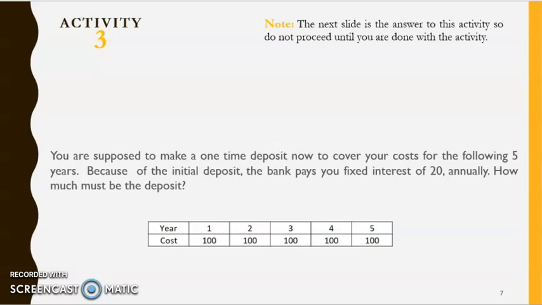For this question, again, there is no income like the one we had with activity 2. It just, in a delicate way, substitutes the $20 of income mentioned in the previous one with interest that is being paid by the bank. It means that at the beginning you put some money over there, and the bank pays you $20 as interest for the money that you are putting. How much money are you going to put?